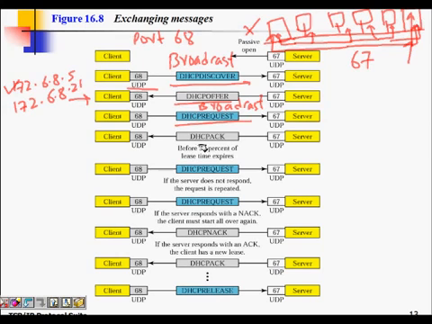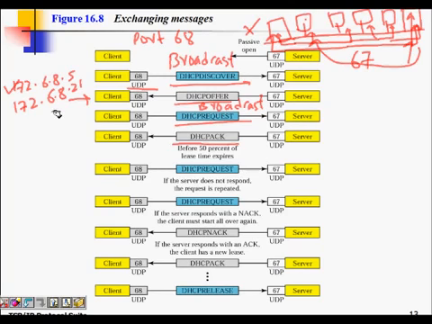Now that server will reply to this machine with DHCP ACK: I have given you permission to use that particular IP address.